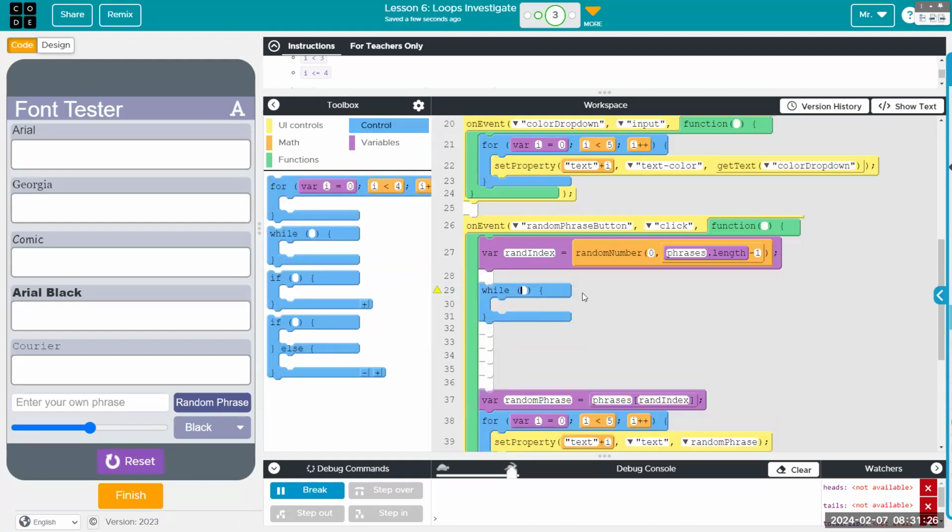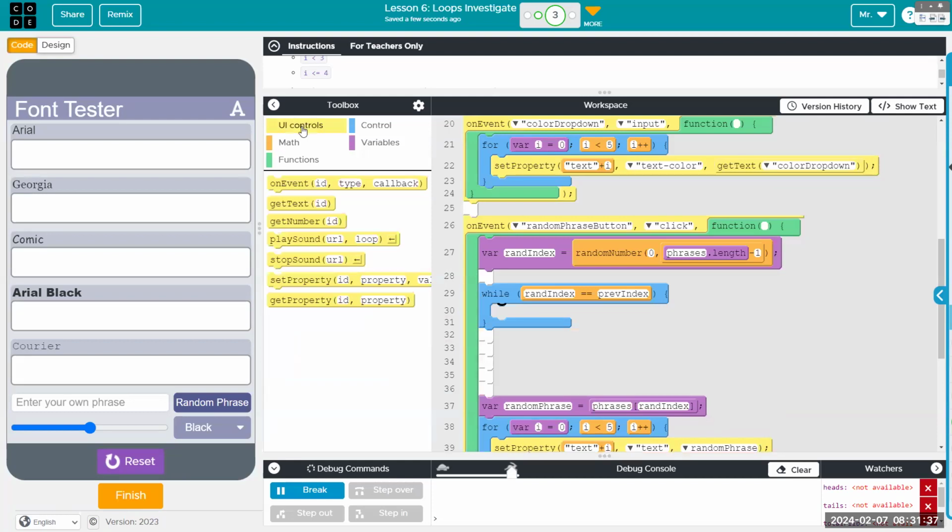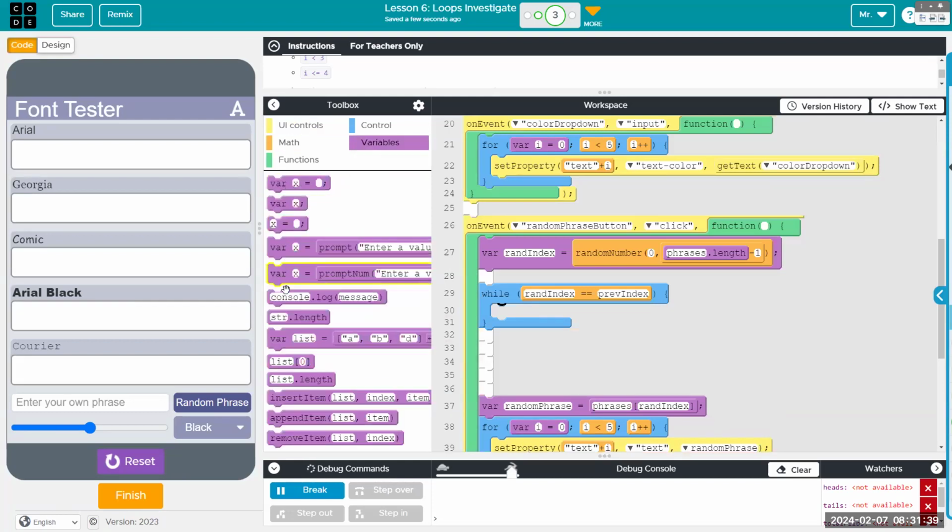Okay, while rand index is the same as previous index, we need to update rand index with another random number.